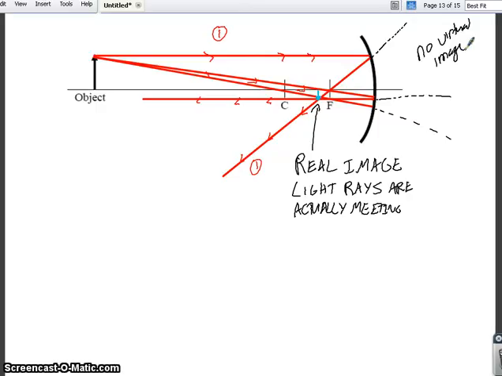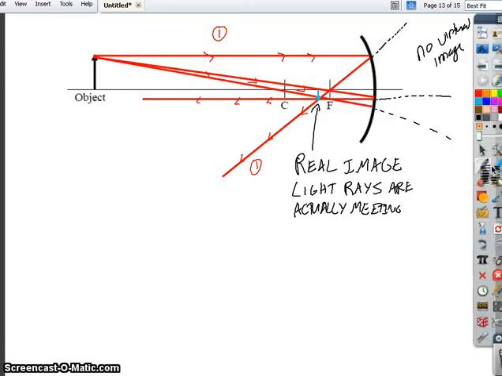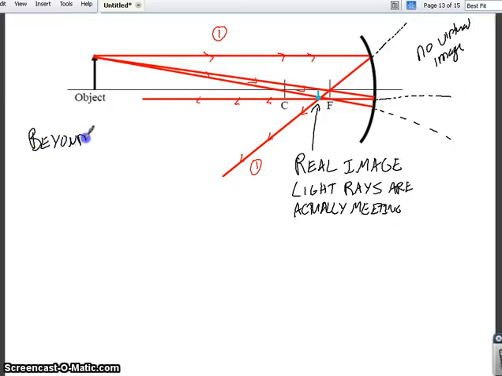So this is our first situation right here. We have an object that is hitting a mirror, and it is going to hit and reflect, and it's going to come right here. So when an object is beyond R or C, we are going to get an inverted